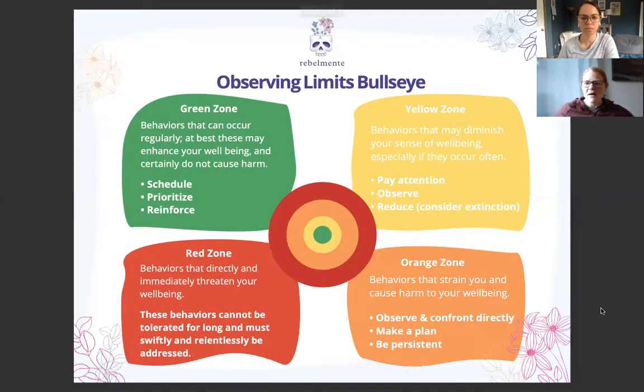This is what I call the observing limits bullseye, where you imagine a bullseye here. And the goal, you're trying to hit the middle of this, is where you are doing things in your work as a therapist that are highly sustainable. This is the green zone stuff. This is behaviors that can occur regularly, the kinds of stuff that you could do in your professional life on a regular basis that don't lead you to feel overwhelmed, stretched too thin,